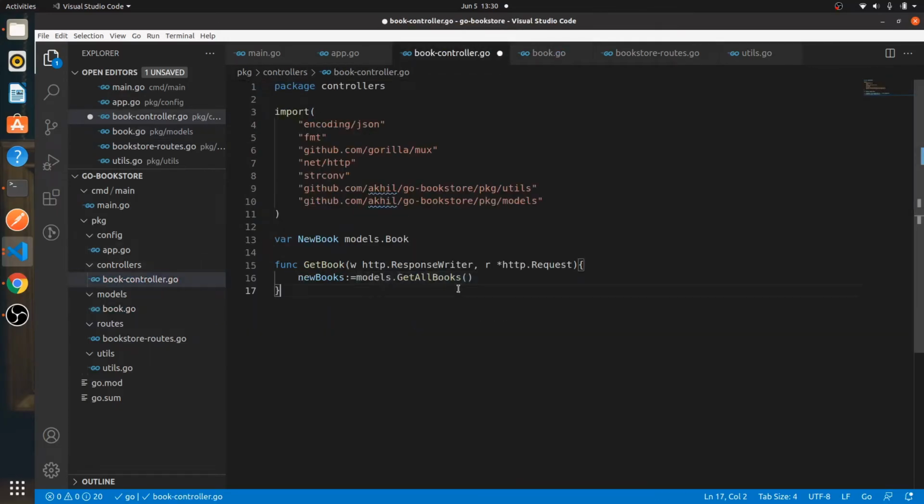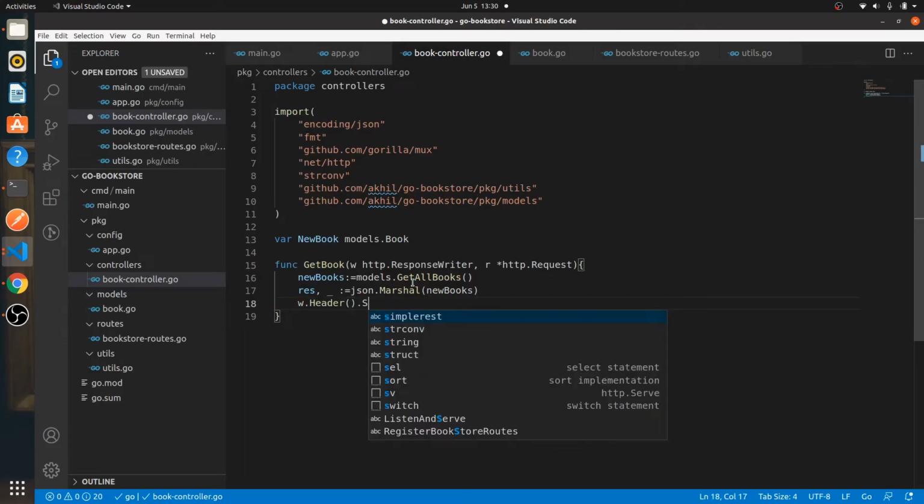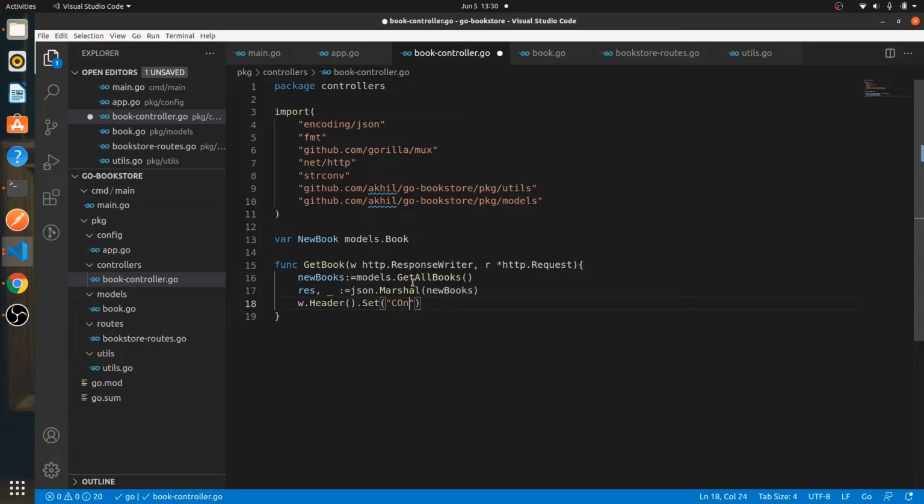So now back in our books controller, we have a list of books inside new books, and then we want to have a response json.Marshal new books. So we want to convert it into JSON, right? Whatever we receive from our database. That's why I use the Marshal function. And then in the header, we want to set content type,